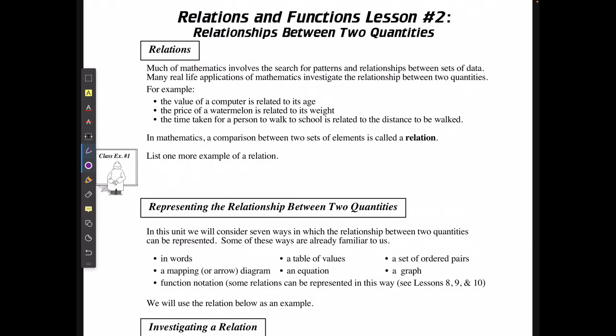The price of a watermelon is related to its weight. The time taken for a person to walk to school is related to the distance that has to be walked. In math, the comparison between any two sets of elements is always called a relation. Now, there's literally infinite possibilities for examples of relation. We could say